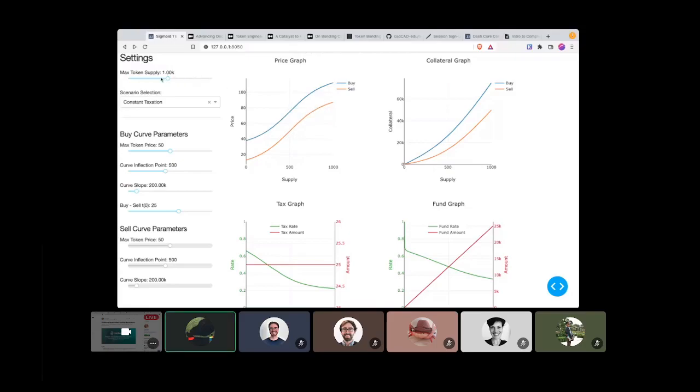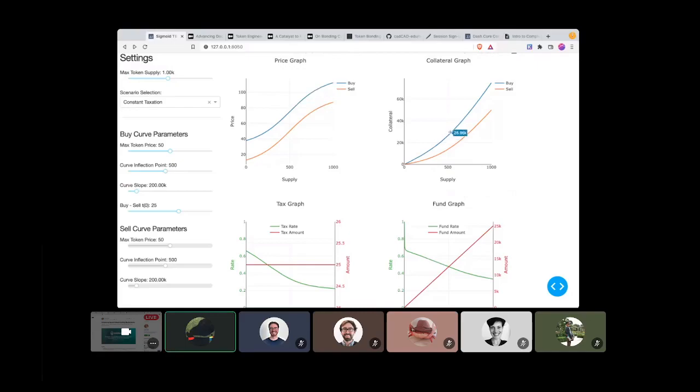And this is set up so we can experiment with different token supplies. We can set different price points, and we can adjust the structure of the sigmoidal curve as we want to get a certain outcome. But the sell curve in this model, where we have constant taxation, means we're always taking the same amount out as a tax on the curve. Therefore, the sell curve always sits the same amount underneath the buy curve. So that tax ends up going into the fund that we'll talk about in this bottom right-hand corner.